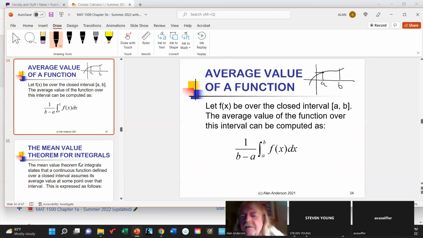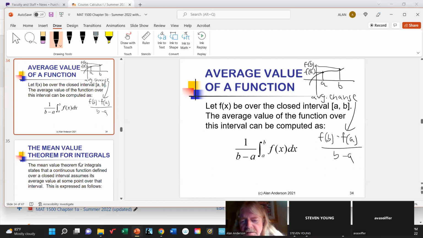Here's A, here's f of A, here's B, and here's f of B. And the average change between those two points was defined to be f of B minus f of A all over B minus A. Well, you're getting something similar here